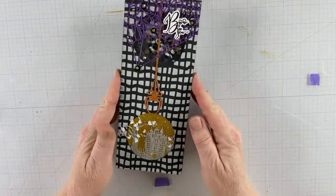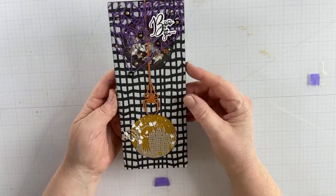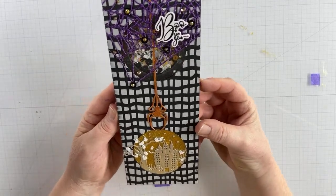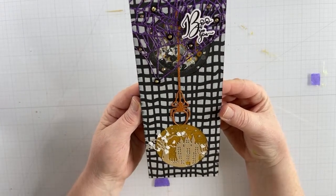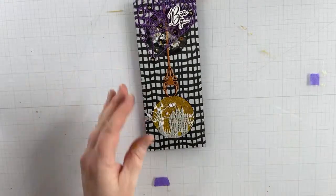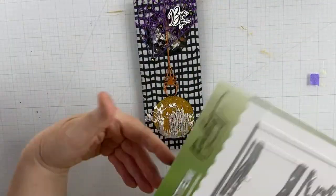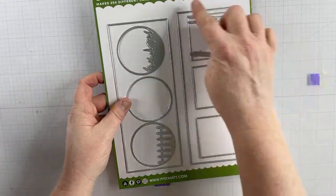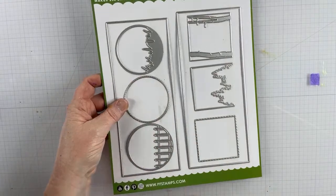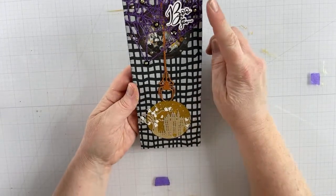However, this is the card that we're going to make. I didn't have a chance to clean my mat. I apologize for that. But this is the slimline card that we're going to be making. This is based off of our original slimline die cutting system. It has a larger rectangle, and then I used this circle. So what we're going to do today is we're going to play with